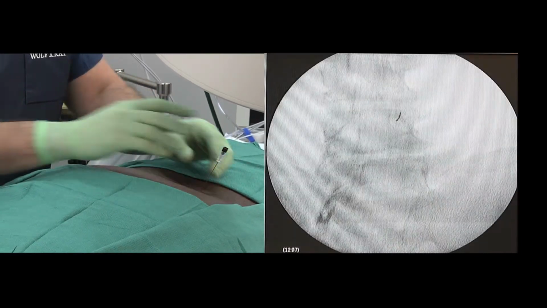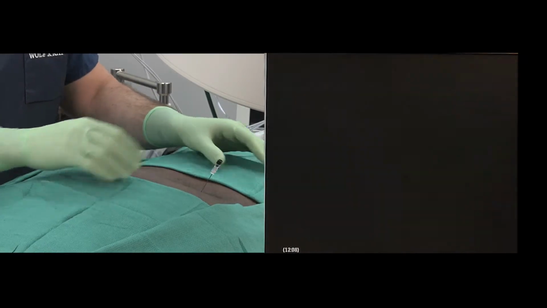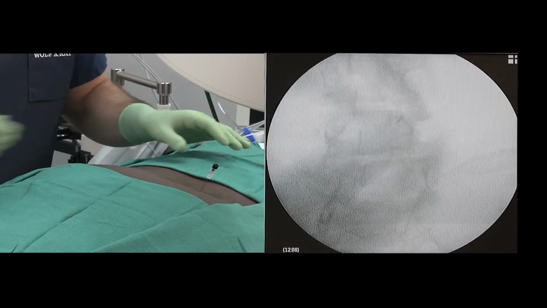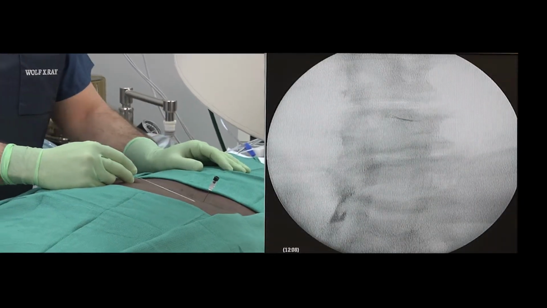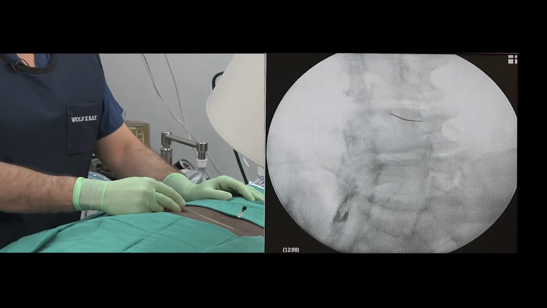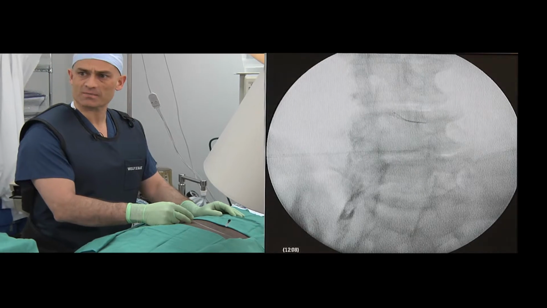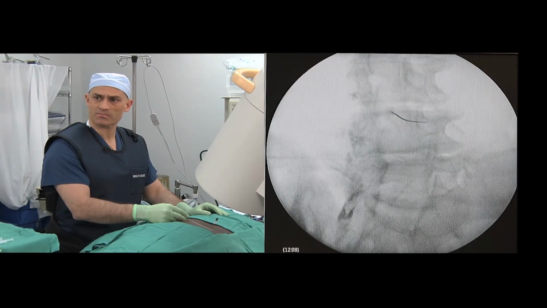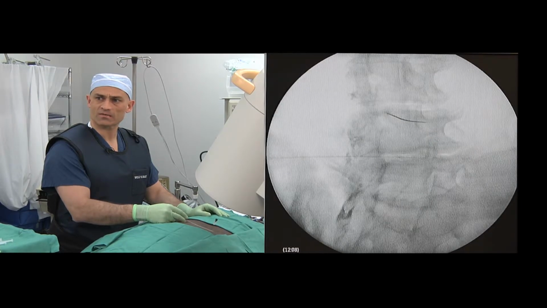Into the joint space. The lumbar facet joint at the next level is then addressed. Using the same technique with fluoroscopic guidance, the needle is advanced